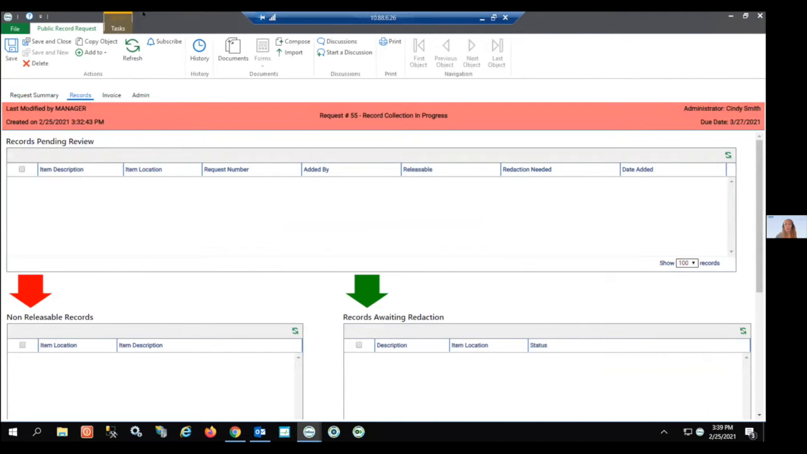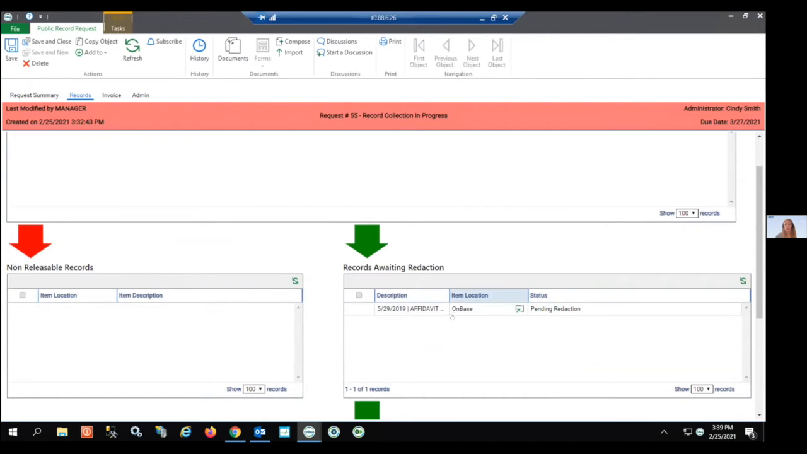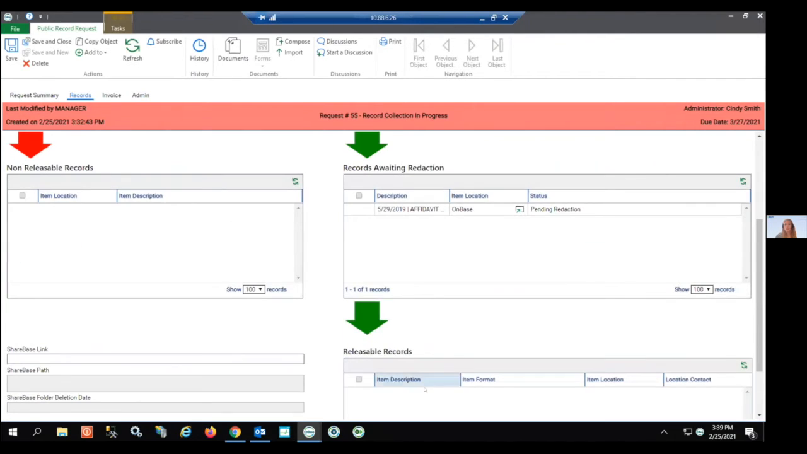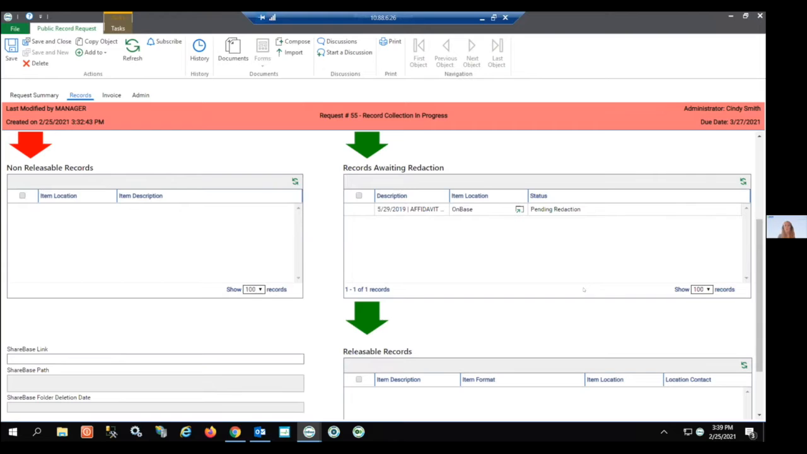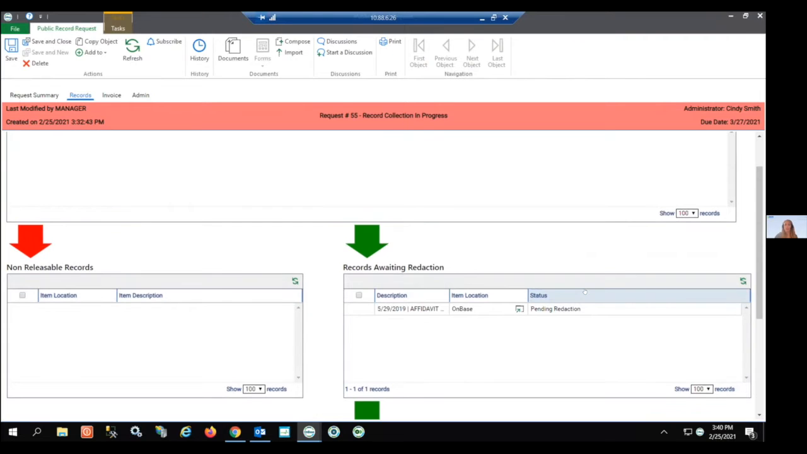So if I close this here, I'll do a refresh and we can now see that we have records pending redaction. We can see if there were any releasable records or any records that were deemed to be a part of this request that for whatever reason were not deemed to be releasable. In a demo environment where we're looking at this one record, it's pretty straightforward, but when we're working with multiple records for each request, it's really important to have this look into the process